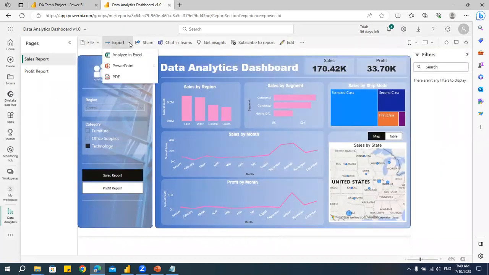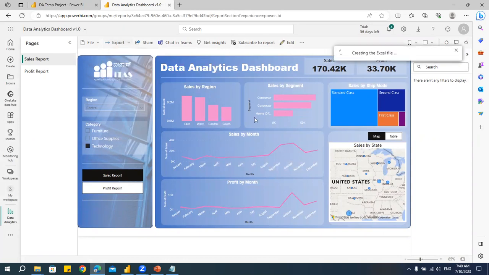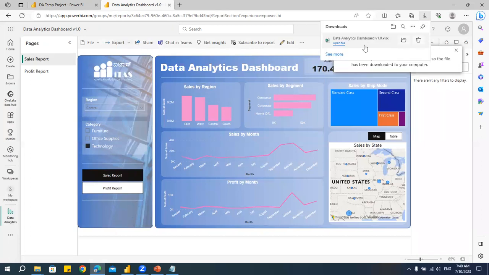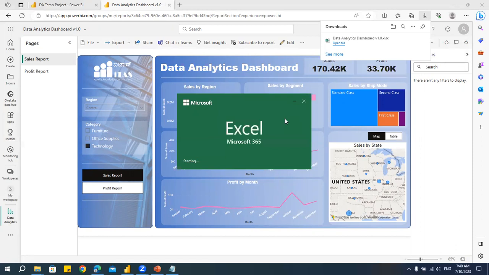Now coming to this export. Exporting is, I can export the reports which I have published. This will actually give me only the Excel data, that is, whatever data we have used. Let me check that. Let me open this file and show you. This will only export the